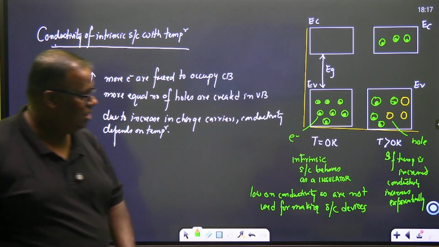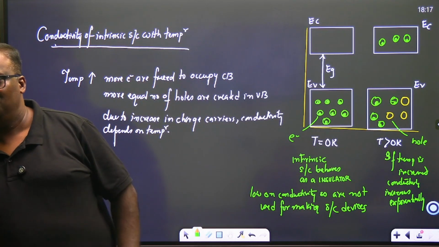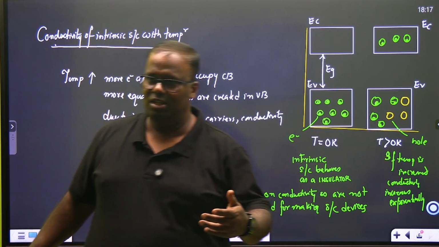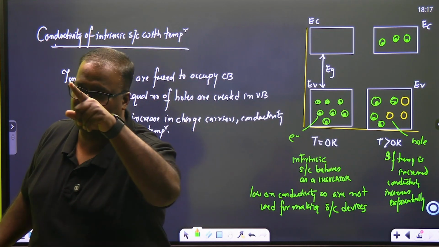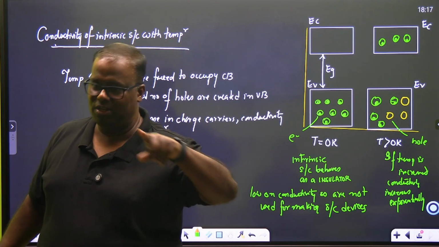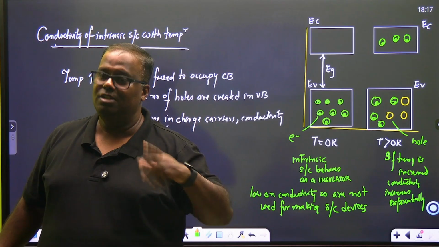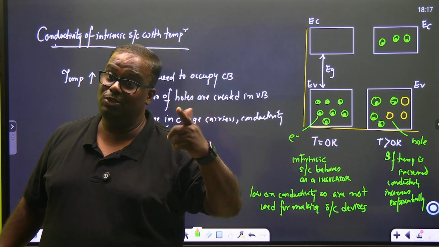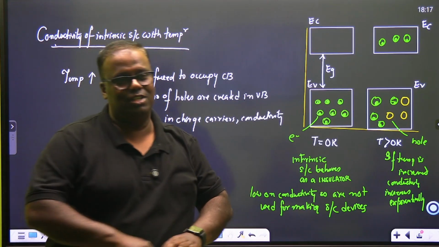Exponentially. Do you understand what exponentially means? Power function and exponential function. Like COVID was exponential. Exponential is 2 to the power x. Power function is x square, 2 square, 3 square. 2 to the power x means first day 2 to the power 2, second day 2 to the power 3, 2 to the power 4. It will go on like that.